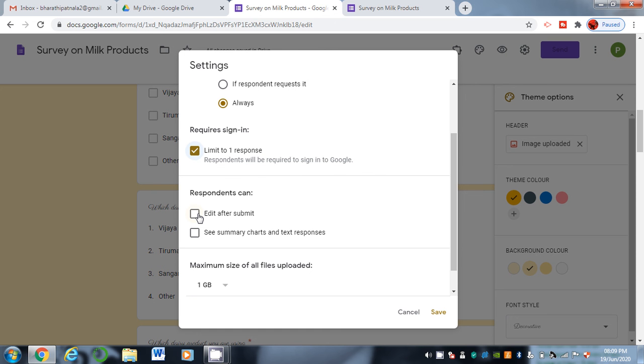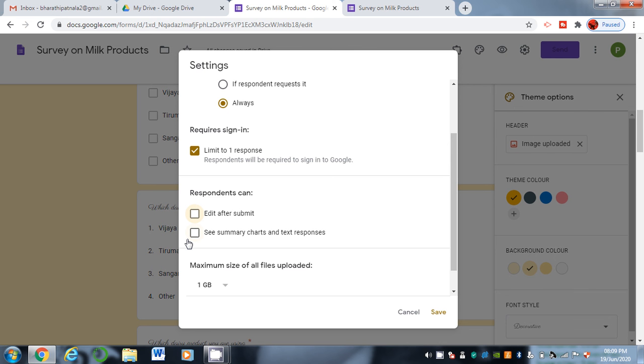If whoever wants to respond to your form wants to edit even after submitting, you can select this one. If you won't allow them after submission, simply uncheck this one.